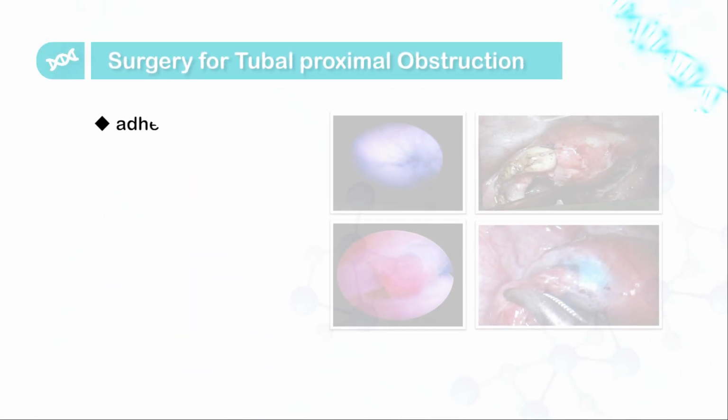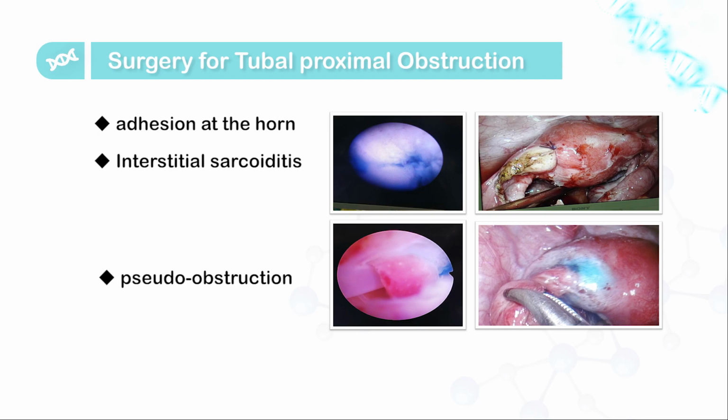Persistent bilateral proximal tubal blockage on HSG suggests true anatomical obstruction of the fallopian tube. Alternatively, it could be due to the presence of a polyp, myoma, or adhesion, and chronic retained products of conception obstructing the proximal tubal ostium. Laparoscopic surgery with chromopertubation and concomitant hysteroscopic tubal cannulation is the most common surgical treatment of proximal tubal obstruction.